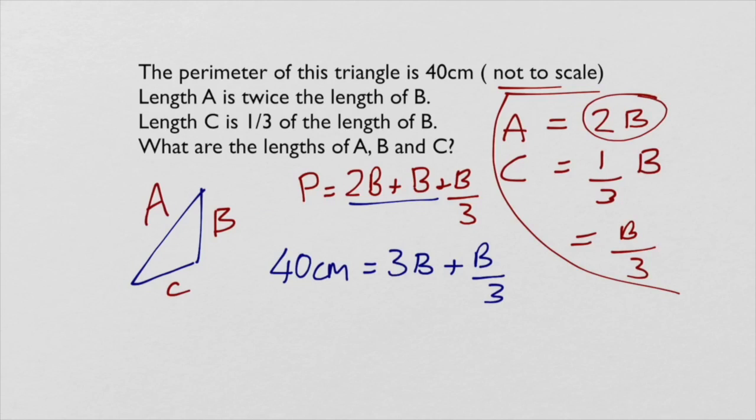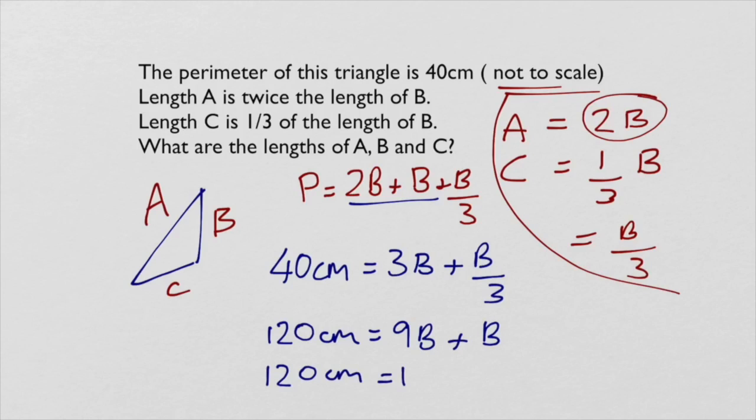If I multiply the whole equation by 3 to remove my fraction, that 3 at the bottom there, I then get 120 centimeters equals 9B plus B. So if 120 centimeters equals 10B, 1B has to equal 12. So if that length is 12 centimeters,